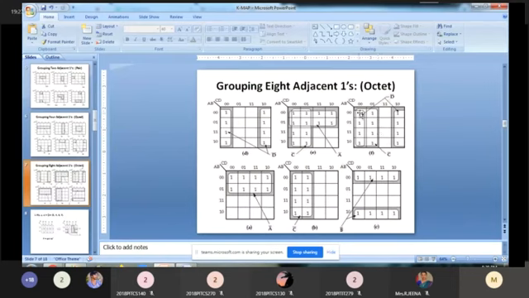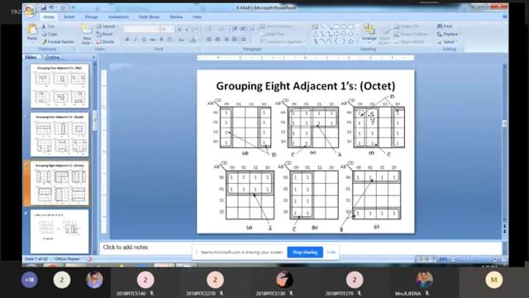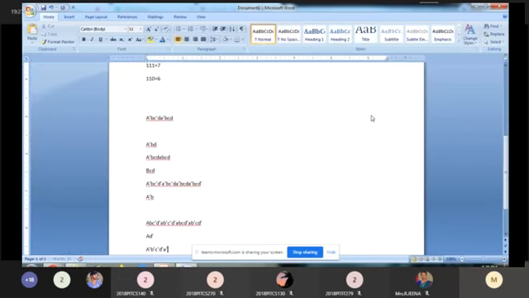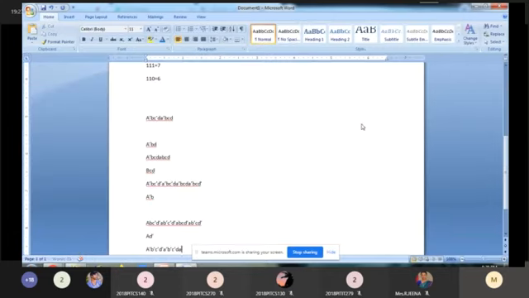First one. What is the value for the first grouping? Taken as this one. First grouping. What is the value? A bar, B bar, C bar, D bar. Next. What is the value for this box? A bar, B bar, C bar, D. Okay. Next one is A bar, B, C bar, D bar.